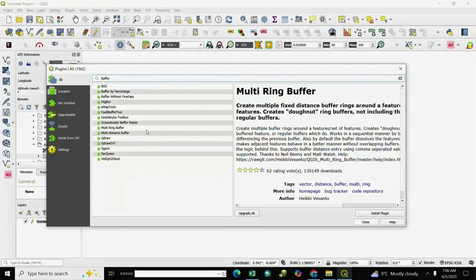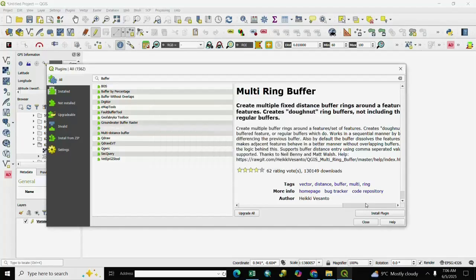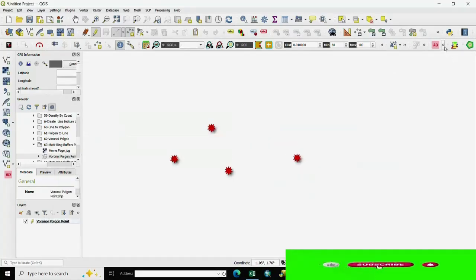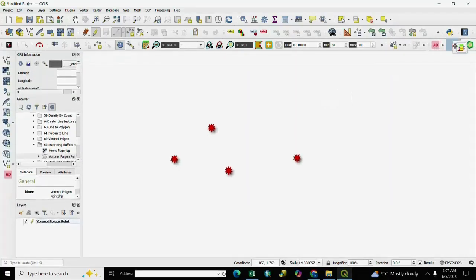After searching buffer, we select Multiple Ring Buffer and install the plugin. Close it. You see here our plugin is installed. Here is the multiple ring buffer plugin.